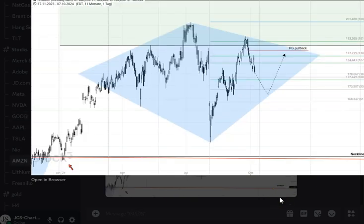Here you see Amazon on the weekly chart. It's a potential diamond. Why potential? Because there's that touch here on that lower trend line missing in order to call it a complete diamond. Diamonds, they like to be topping pattern, but they also can be used as a consolidation pattern in a trend, like a triangle. And as you can see, we got that confirmation here, the other confirmation here, and here somewhere